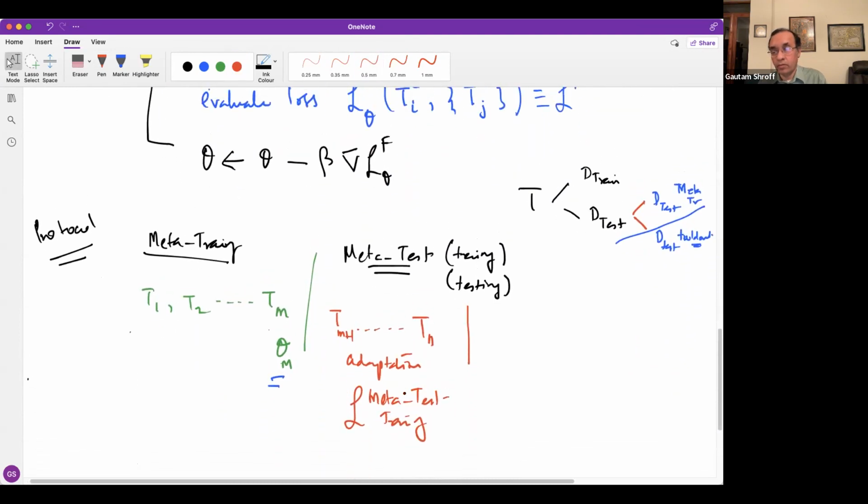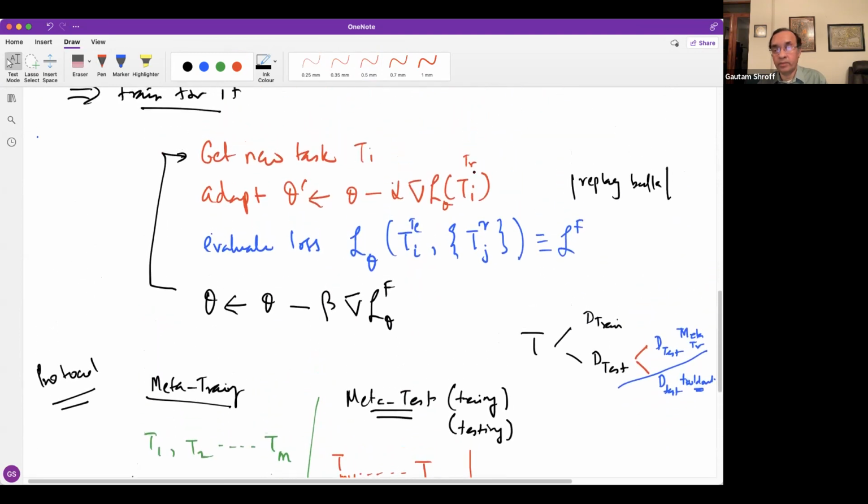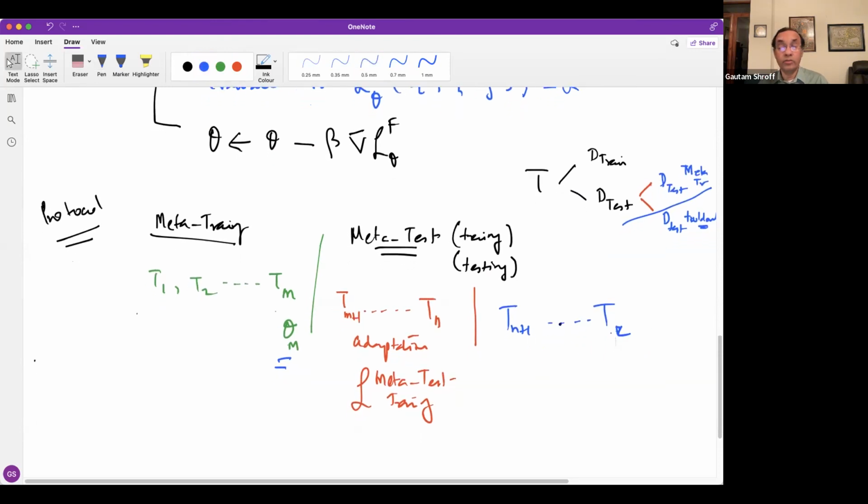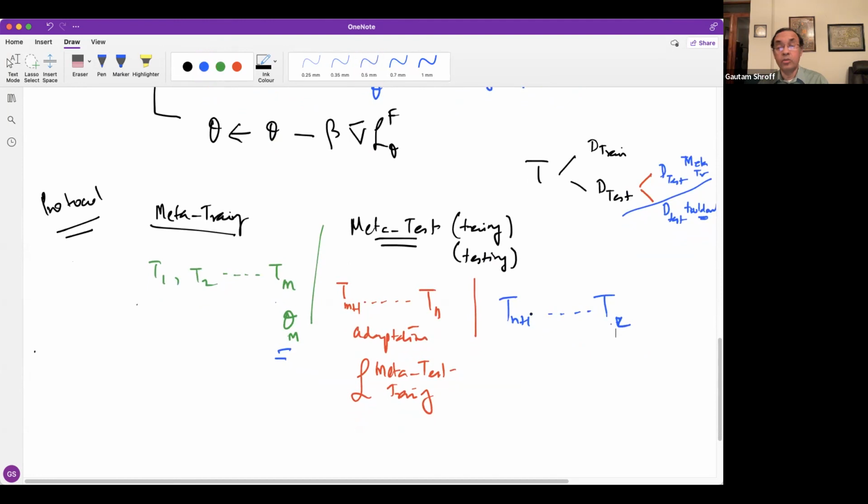There's nothing else that you're doing. You're only adapting using this guy, right? So you're only adapting using the training data of the task. But since it's been trained not to forget, it would be such that this would not forget. That's the whole idea. So you'll keep evaluating how well it is doing in terms of forgetting. And this part, you'll evaluate something different. So up to T n plus 1, all the way up to whatever, you will, at this stage,